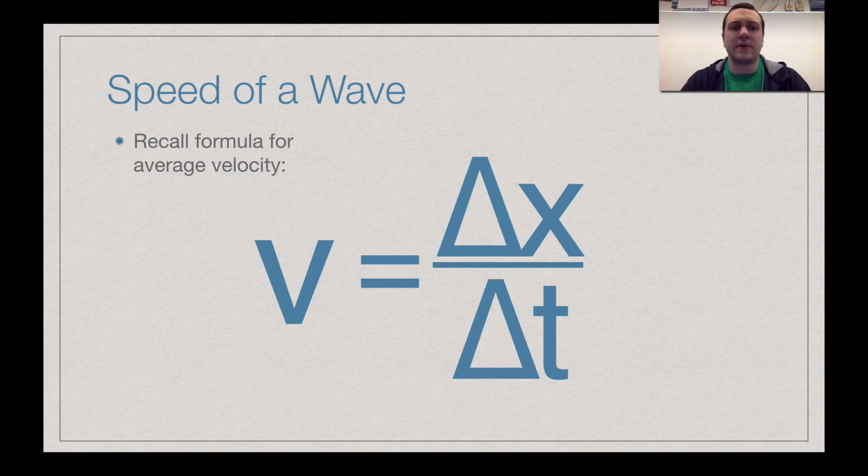Hey guys, as we continue looking at harmonic motion and waves, as we've transitioned into the part of the unit on waves, we're going to look at wave speed today. So wave speed, we can make modifications to our formula for velocity. If you remember way back, average velocity is your change in displacement over your time, delta x over delta t. But we can make a couple modifications to this formula to fit for what our velocity is for